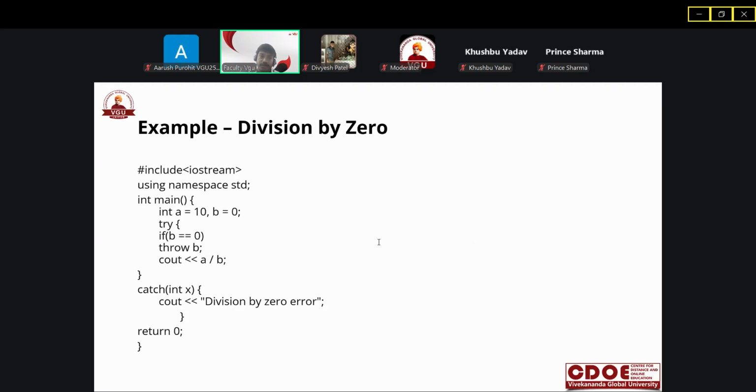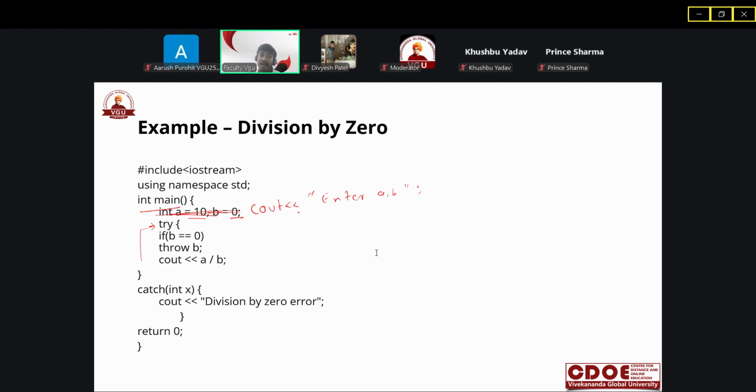Here we have a divide by zero example. I write int main, a equal to 10, b equal to 0. Now inside the try block, we are taking the input from the user, enter a and b.